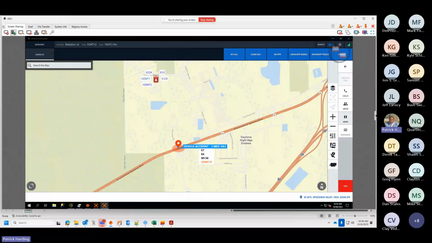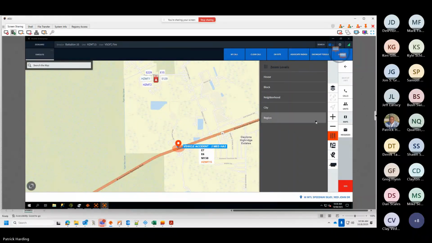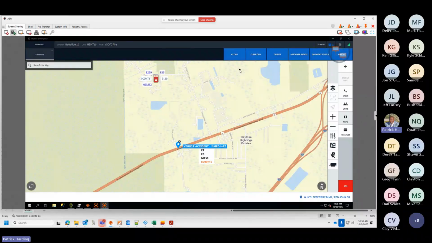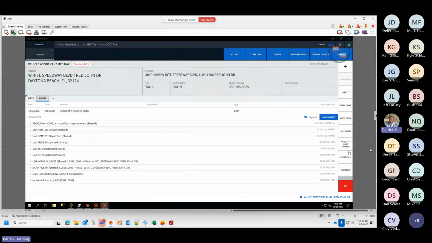Let's see what we got turned on. That's our zoom levels. While we're here, let's go through the map stuff real quick. So again, if I was back here on my call, I can click map it, and that will take